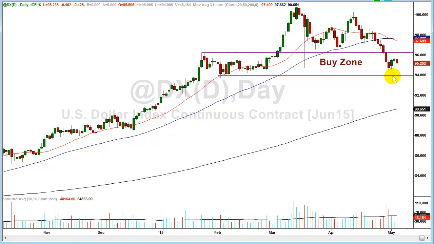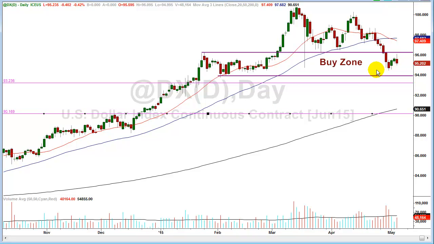Even if we stay above this channel line, I'm going to want to see the market prove to me that it's ready to move higher and it's not ready to make another low, because there are other levels here that could provide support on the downside, and there's nothing to say that we can't reach some of those levels. Okay, there's one. It's a little lower than that. I put the line in a little bit higher than I meant to. And here's another one, and I don't expect this one to get reached. But these are levels that do come into play if this market makes a bearish pattern.